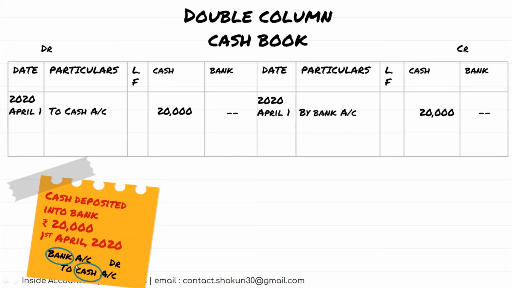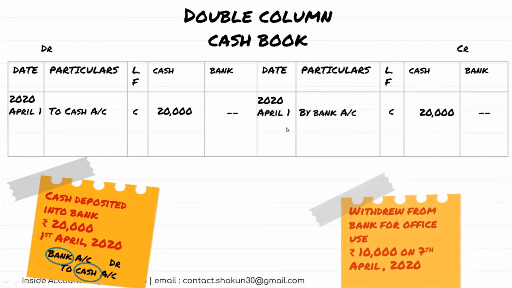So if you notice, the same transaction has been debited in the cash book as well as credited in the cash book. Such transactions are called contra entries, and these contra entries are always indicated by writing a small c under the ledger folio column. So on the same date, that is on 1st of April, our cash book shows a DR balance as well as a CR. On the same day, the bank is increasing and the cash is decreasing. So this is a contra entry because it affects both sides of the account.